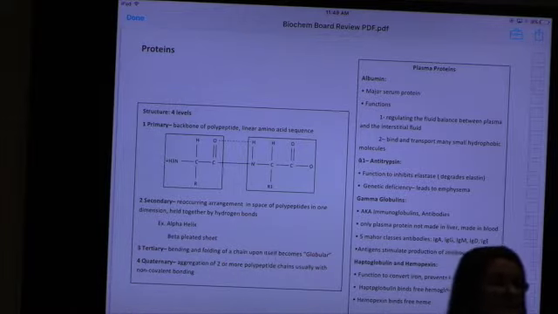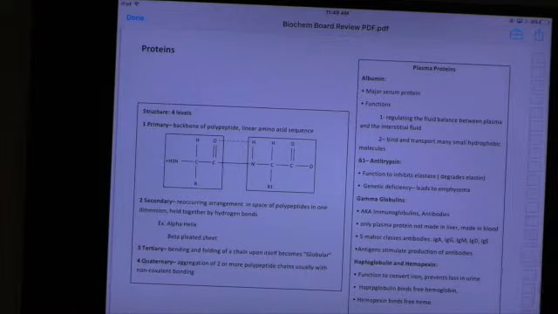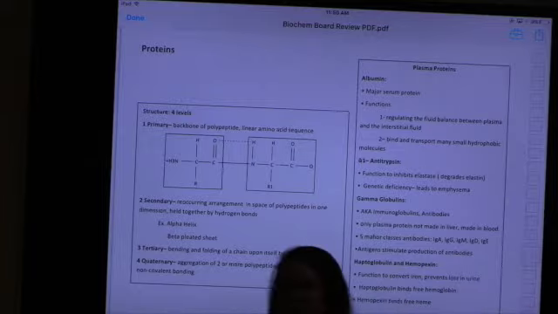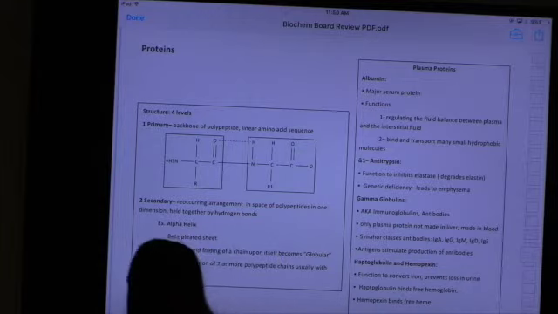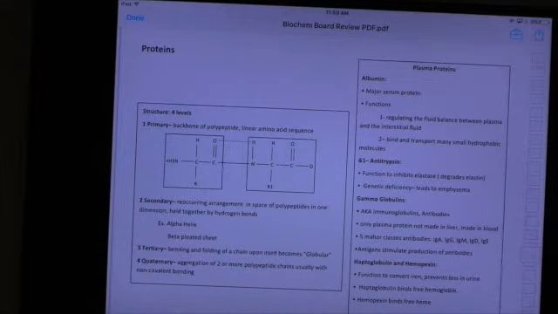It's going to be those things folded on each other. It's going to be creating almost like a globular look to it, okay? And what about quaternary? What does that mean? Yeah, so you're going to have multiple aggregation of 2 or more polypeptide chains. Make sure you know that quaternary structures most of the time have non-covalent bonds. Does anybody know an example of a quaternary structure?